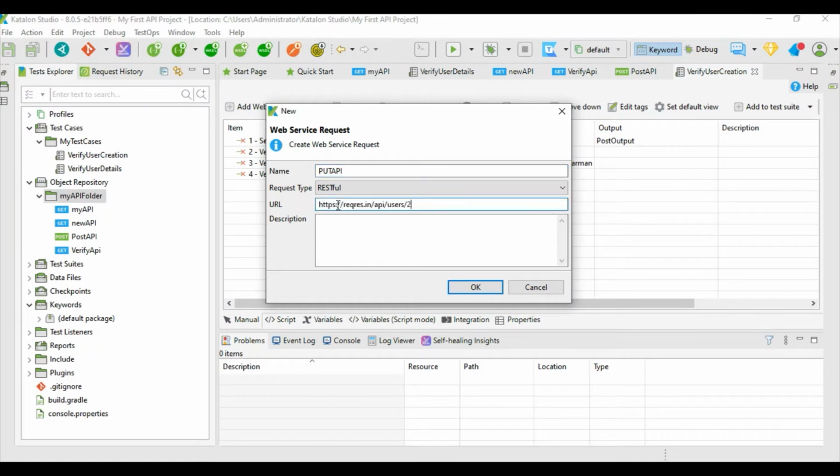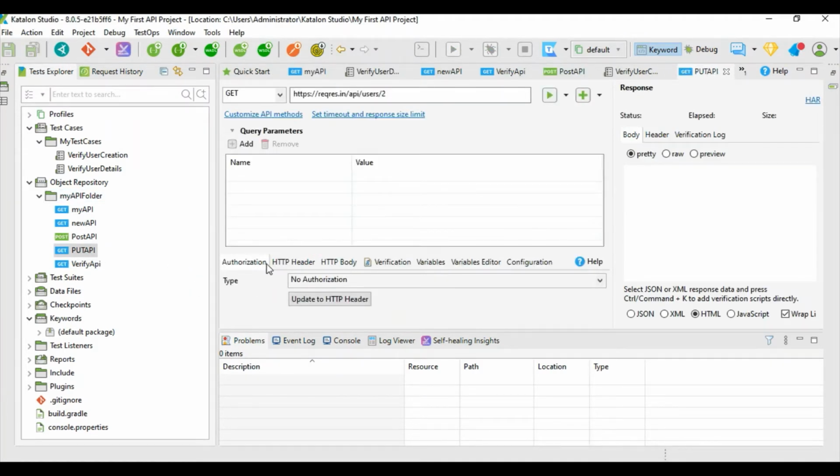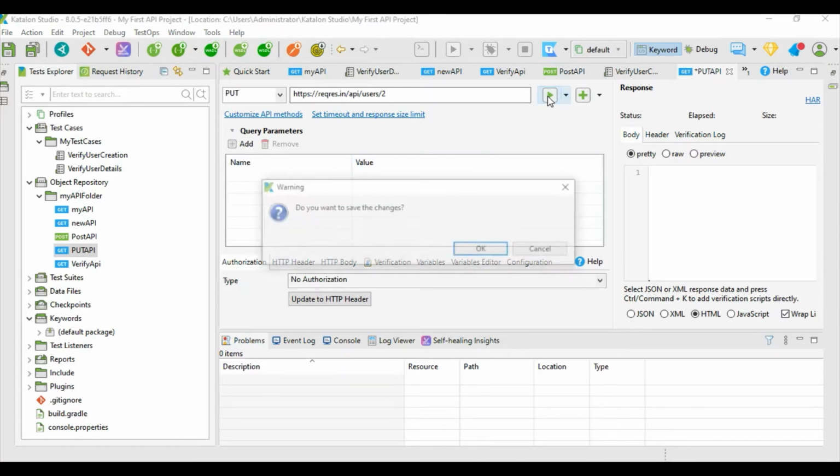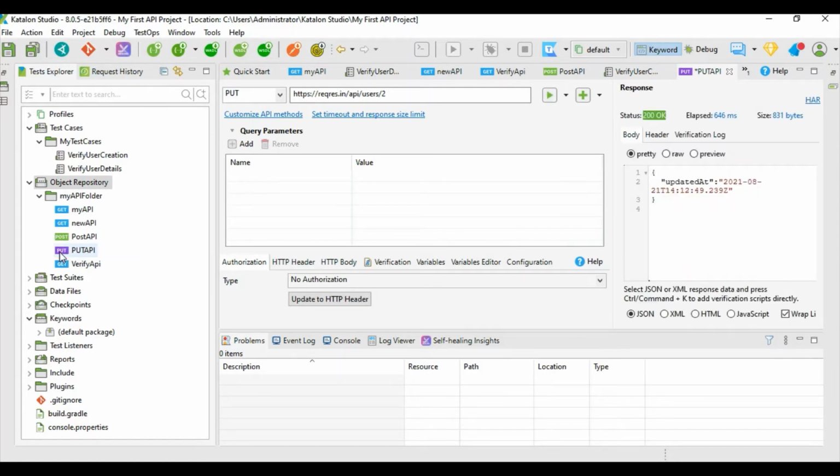Let us put the database record URL here. Now you can see it is still GET. So instead of GET, we need to select PUT, and let us run this. As soon as you run this, it identifies that this is a PUT request. So far nothing has been updated.